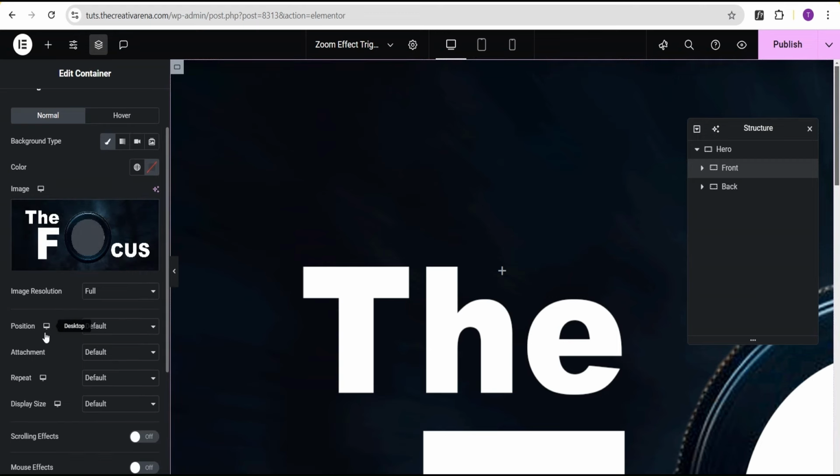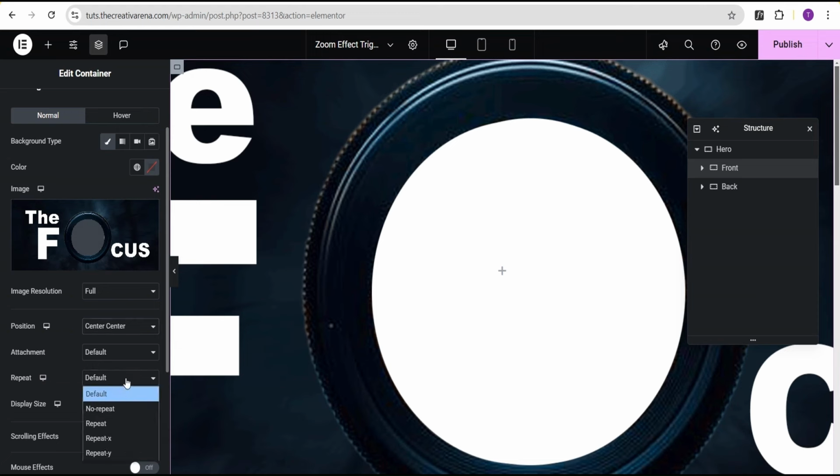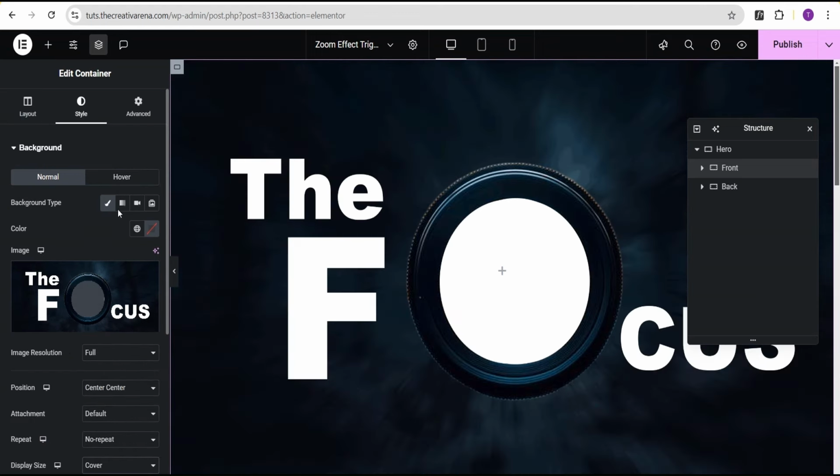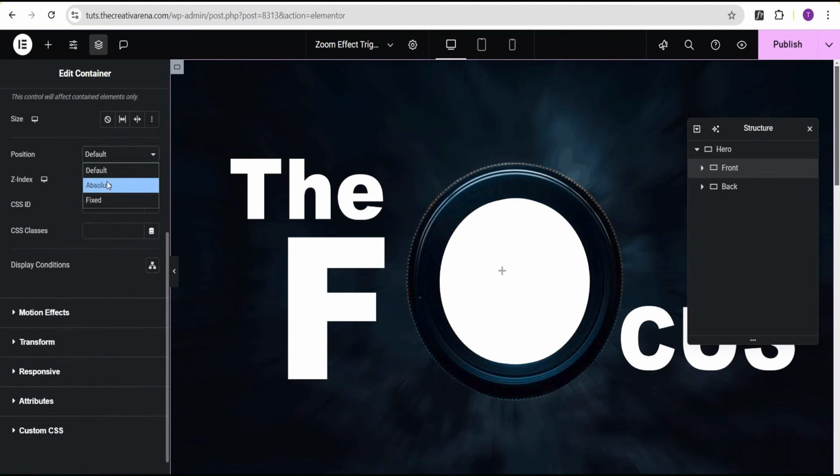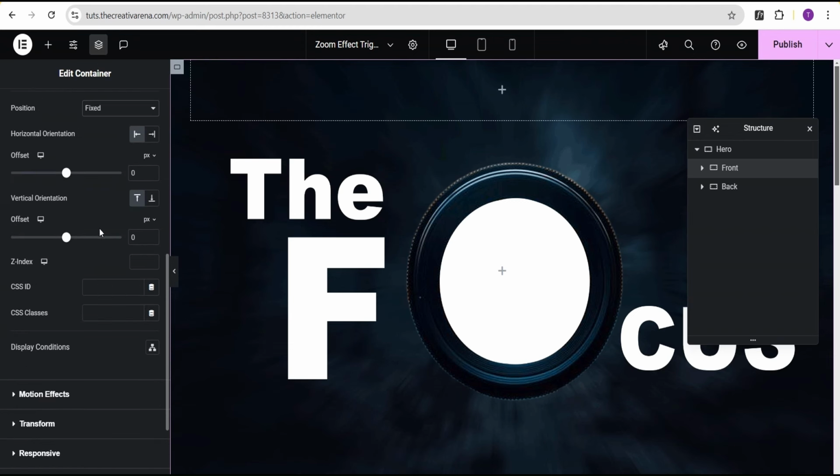Okay, now I'll come over to where we'll have the position, set the position to center. For the repeat, I'll set it to no repeat. Display size, I'll set it to cover. Okay, now I'll head over to the advanced settings. I'll come over to where we'll have the position, set the position to fixed. Okay, now that I've done that, the next thing I'll do here is I'll just come over here and then